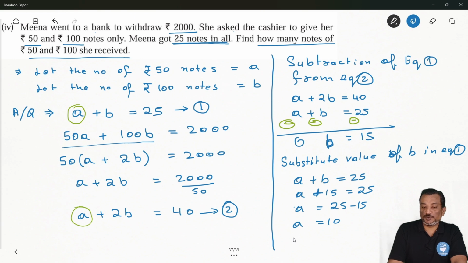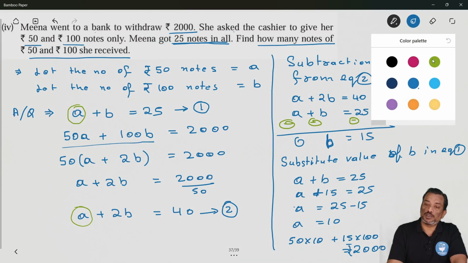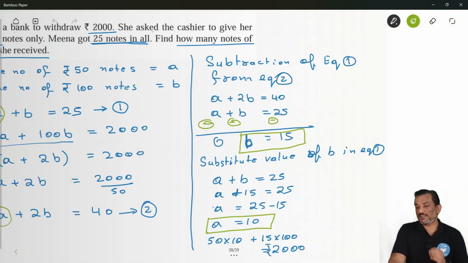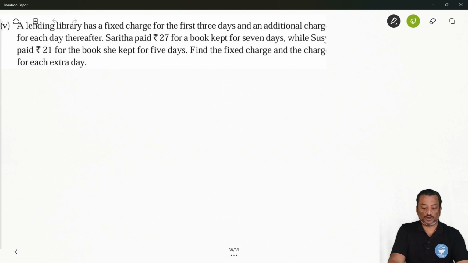So now आपका 50 रुपीज के कितने नोट्स हो गए, 10। So 50 रुपीज के तो 10 नोट्स हो गए। So you can say 50 times 10 plus 15 times 100. So you can see you are getting 2000 rupees। Okay, hope you getting 2000 rupees आपको मिल गया। ठीक है, तो यहाँ पे आपका करेक्ट आंसर a is equal to 10 and b is equal to 15। Hope you have clear this one। So इस टाइप के क्वेश्चन को आसानी से हमने सॉल्व कर लिया।